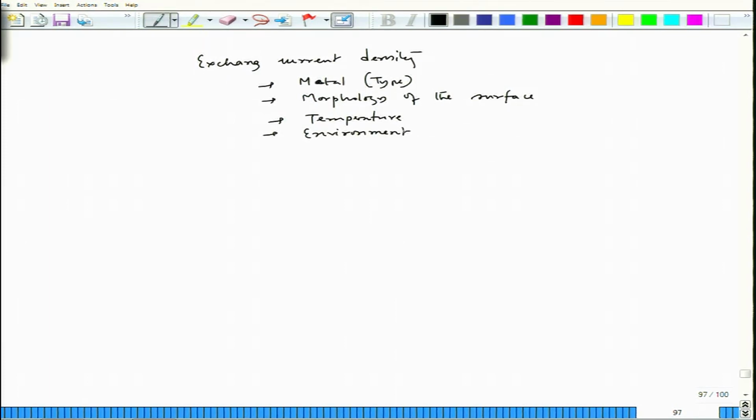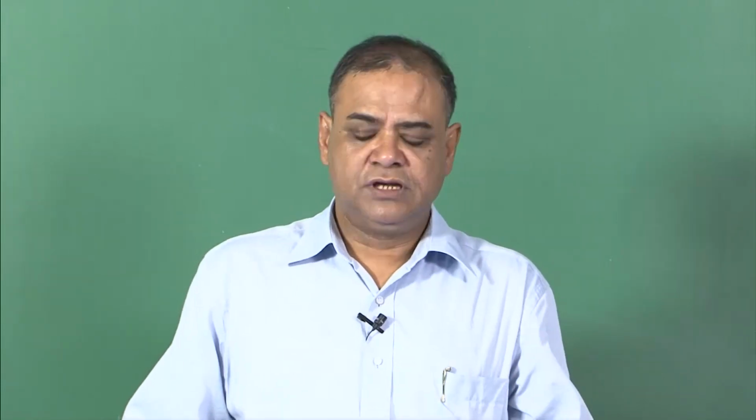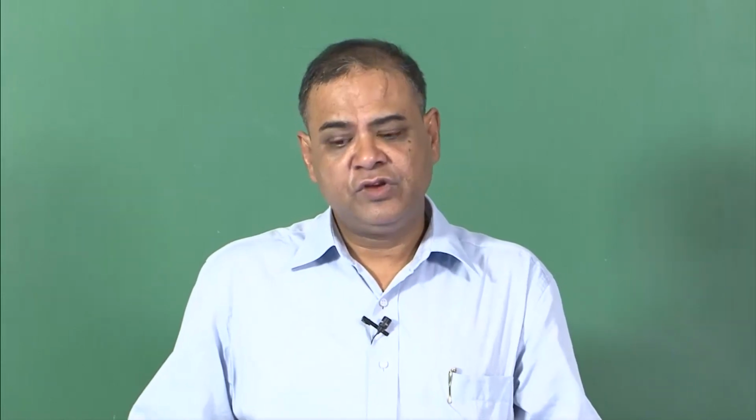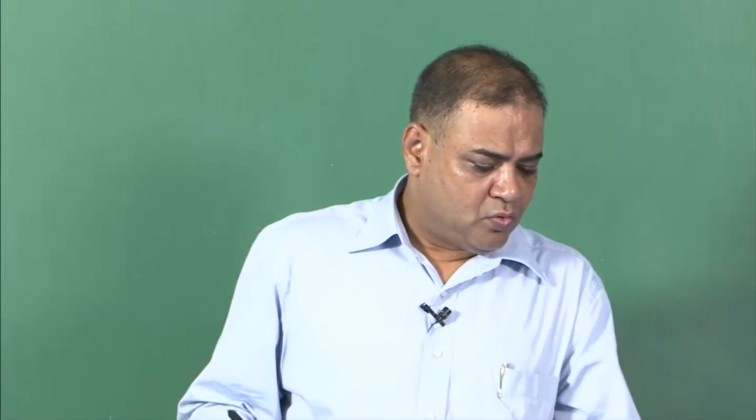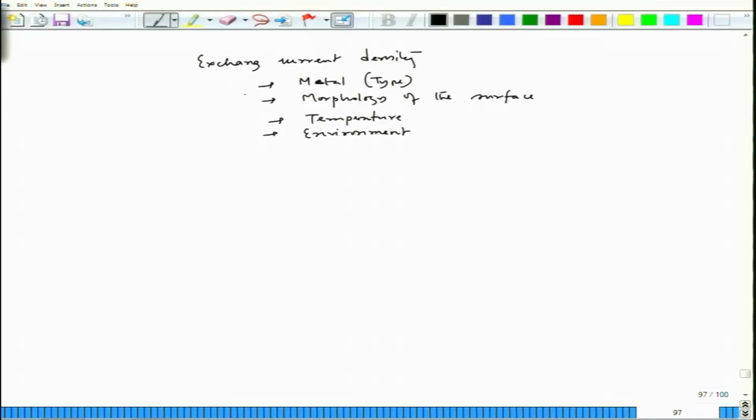Why environment? Because sometimes we have a situation like in one place we have higher salt content, and in another place we have less salt content. For example, in a seashore area salt content is very high, and if we go to the Himalayan belt, the salt content would definitely be less. So, in those two cases, even if we use the same temperature and pressure and the same metal and solution, we would have a difference in exchange current density of a particular reaction. And then we have solution concentration. This would definitely change the exchange current density also. So, these are some of the factors on which